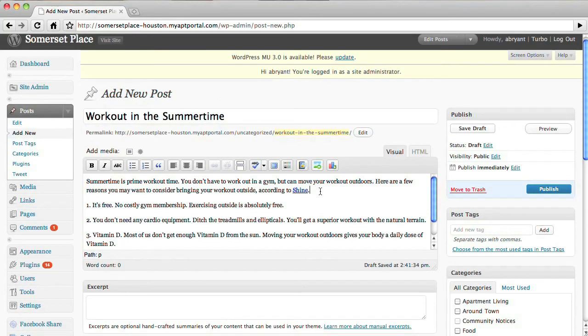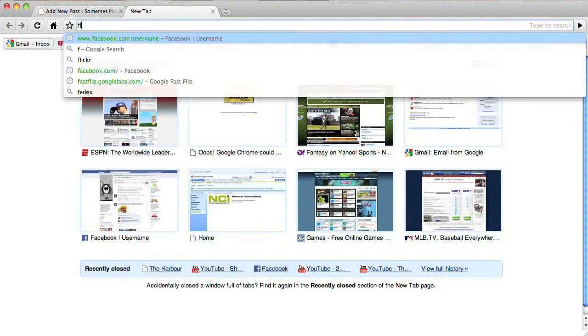So now what we need to do is add a photo. Photos are very important. They add to the overall appeal of the blogs, and captions are a great way to draw your readers in, because they're usually the second thing that the reader looks at. So first we need to go find a photo. We're going to create a new tab, and I'm going to search Flickr,